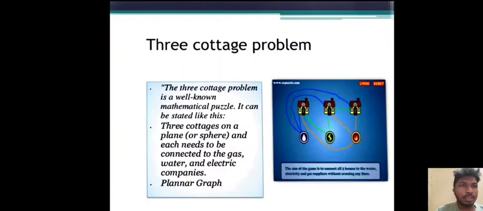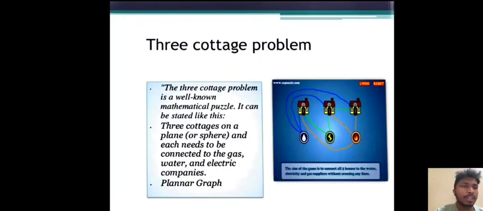Another example is the three cottage problem. The three cottage problem is a well-known mathematical puzzle. It can be stated like this: three cottages on a plane or a sphere need to be connected to the gas, water and electric companies. Like a house which has